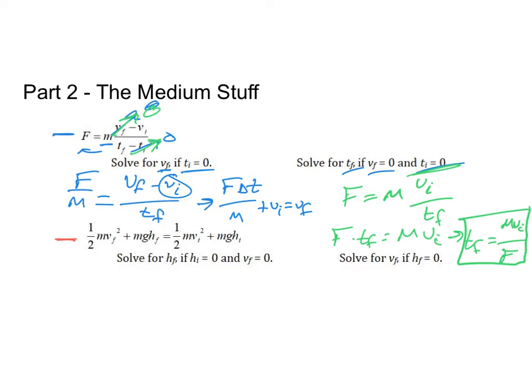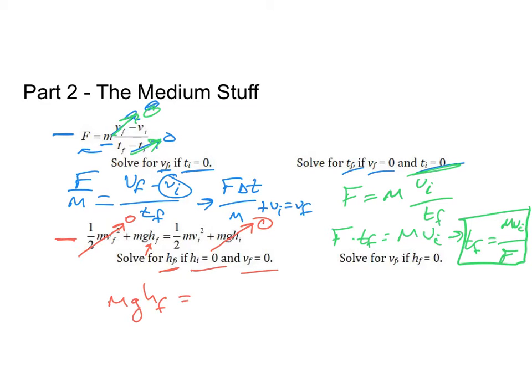But a lot of times, solve for HF, which is right here, if HI equals 0 and VF equals 0. So anytime that I have a variable equal to 0 and other stuff is multiplied by it, I can cross out that entire thing. So VF is 0, this whole thing right here becomes 0. HI is 0, this whole thing right here becomes 0. Get rid of those terms before you even think about worrying about them. Okay, so now I have